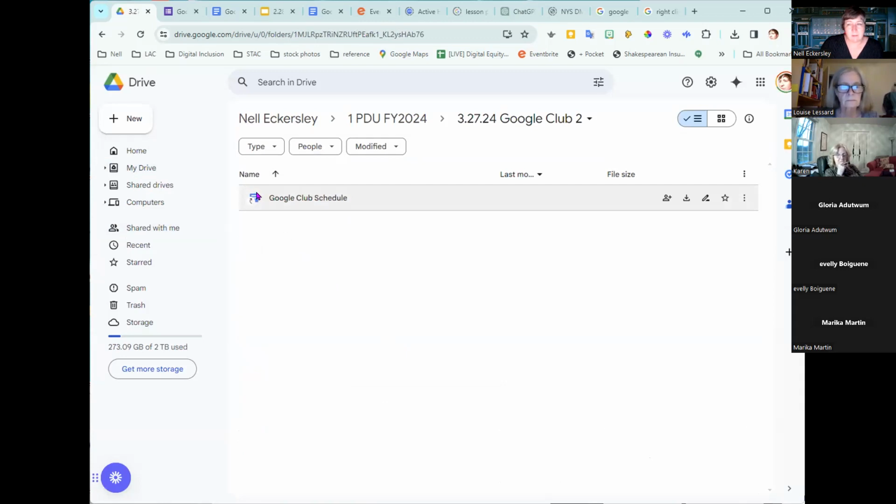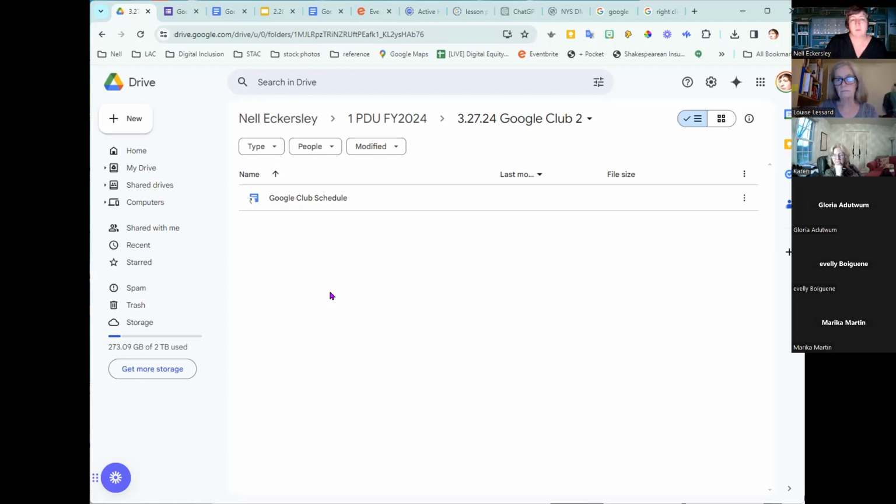This is a file. Again, we talked about the difference between a file and a folder. I could also do the same thing with a folder. So I can have a shortcut to a whole folder if I want to. And that can be very valuable if there are a number of documents I need, or with Google Forms, which we'll talk more about when we get to Google Forms, but Google Forms are very hard to collaborate in.